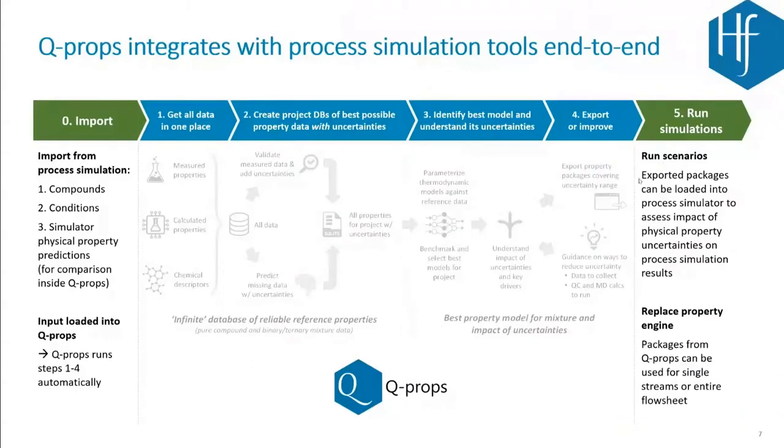What's a bit special here is that since experimental data and property data was always part of the process, we're also exporting these. So you can always rely on a property package can be validated against the experimental data that was used to define that property package, and you can also retune it to match better the process conditions that